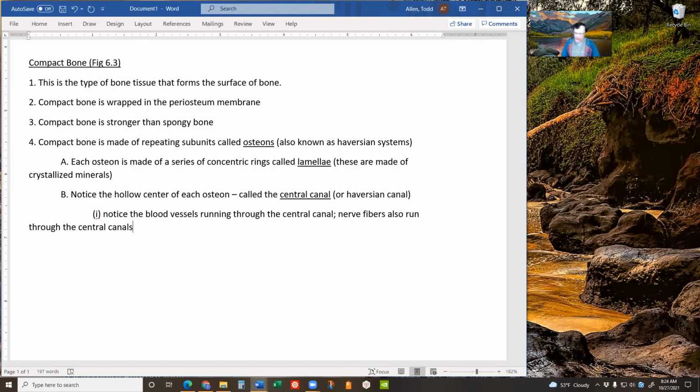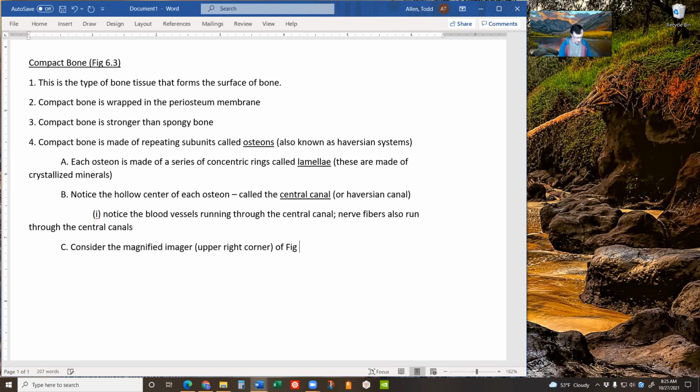I want to focus on that just a little bit here. So consider the magnified image in the upper right corner